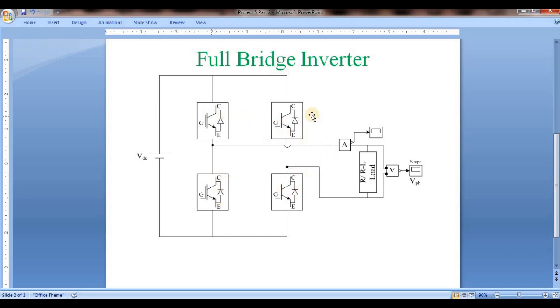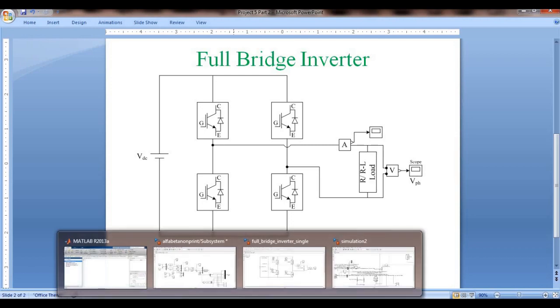Whenever these four diodes are conducting, the AC is converted to DC. During 0 to 180 degrees two switches are on, and during 180 to 360 degrees these other two switches are switched on, to convert DC to AC. If there is no inductive load, there is nothing to discharge when the switch is turned off. So during PWM only the diodes come into action. Now I will show you how we can model this in MATLAB.